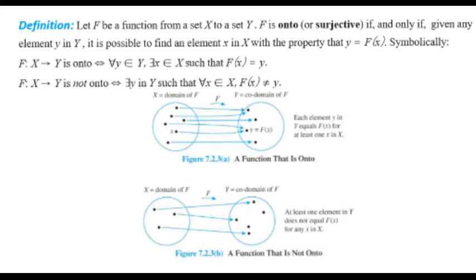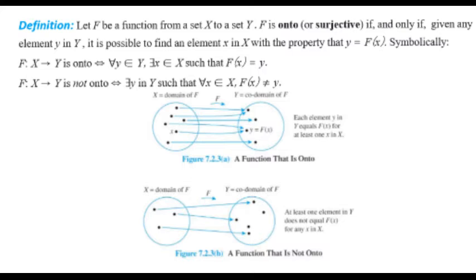So again, in order to prove the onto property, we have to use a direct proof, but in order to disprove that a function is onto, you need to give a counterexample, just like the one-to-one property that we showed an example of in the previous slide. Okay, so let's see